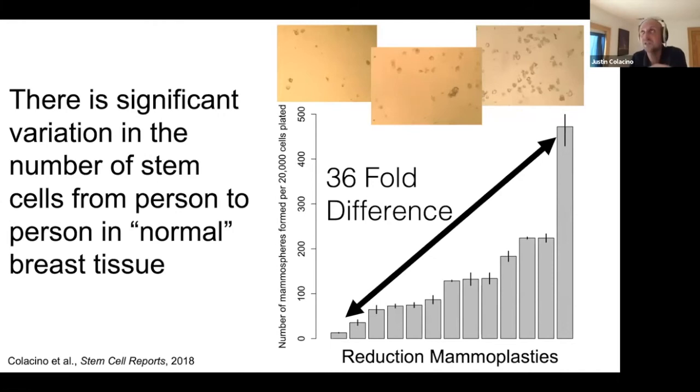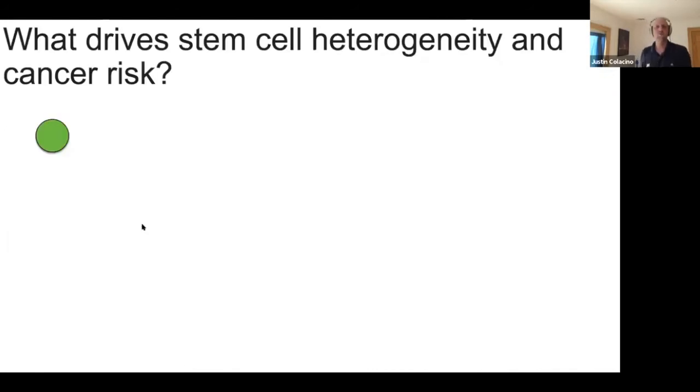And what we were seeing in normal women is this massive variance in the number of stem cells from individual to individual. And maybe some of you have seen these controversial Vogelstein papers that have been in Science, where they're talking about the number of stem cells and stem cell proliferation as a major driver of risk. But here you see these differences between individuals, and it really makes us wonder, why are there such big differences? And so our lab is really interested in trying to understand this heterogeneity in stem cells